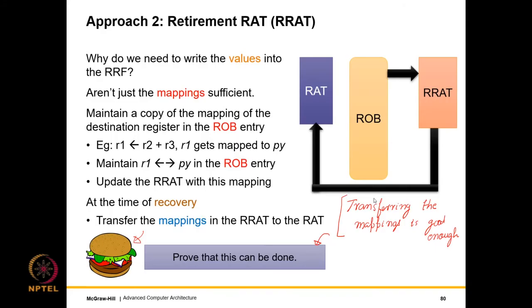Once we have convinced ourselves of this fact, let us compare the RRF and the RRAT. In the RRF, we transfer a total of 16 times 64 bits, 16 architectural registers multiplied with 64 bits per register. In this case, we transfer only 16 times 7 bits, because 7 represents the size of a mapping. So as we can see, in terms of the number of bits transferred, this is roughly 9 times more efficient,